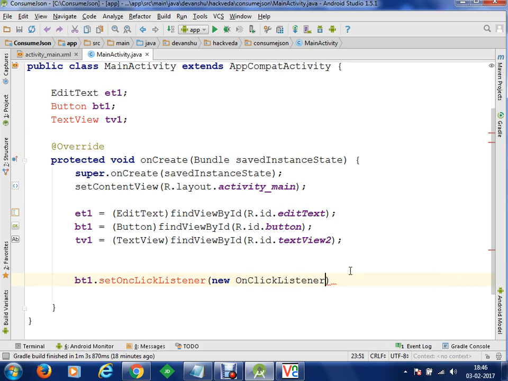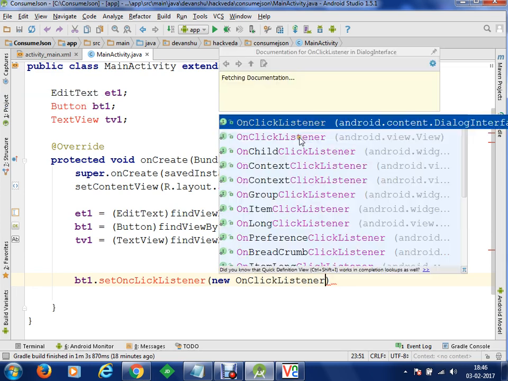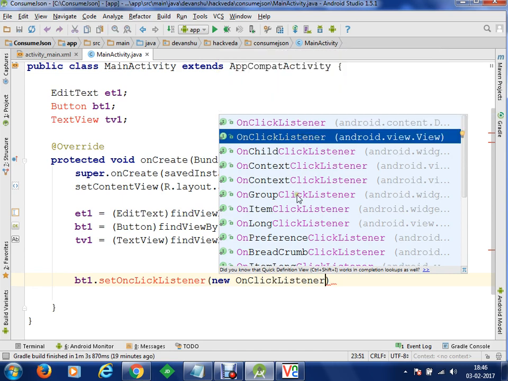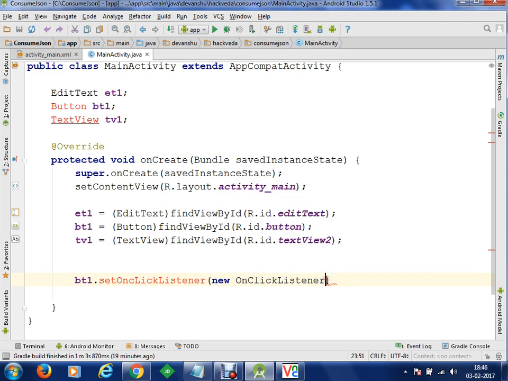Let's just remove the dialog listener. That's OnClickListener. We have to create the new instance of an OnClickListener here. We have to change this to click listener.